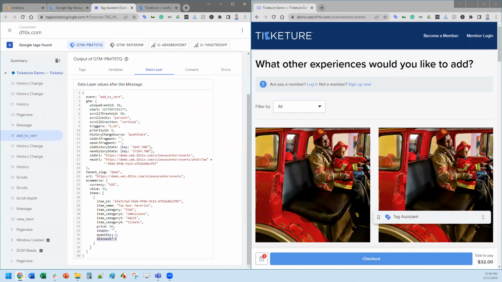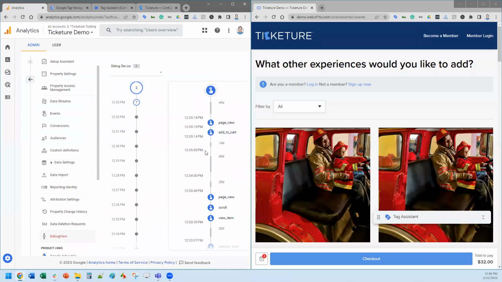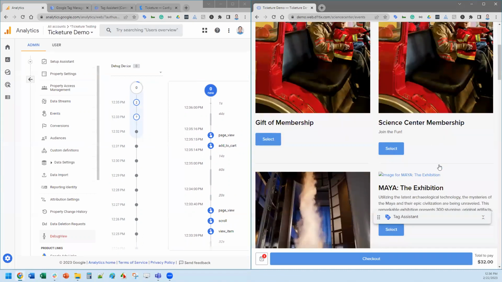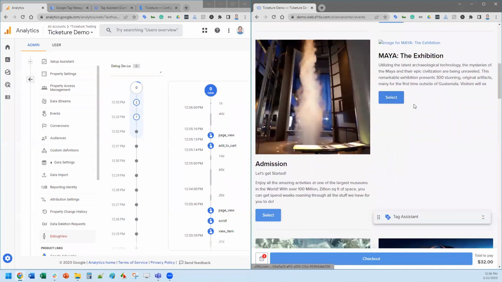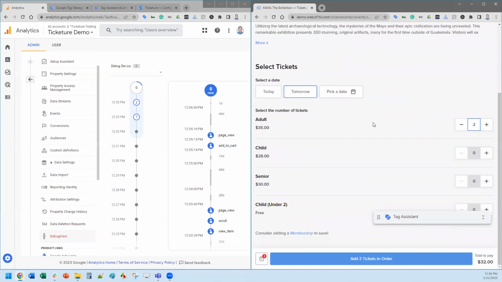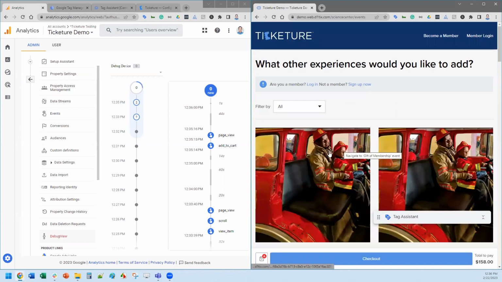What was my quantity? Did they apply a coupon? Was there a discount applied? What was the price, etc. So all of that is looking great. And then again, you can see the add to cart event being fired here, and it just kind of keeps on playing through as you go through that whole process. So I'll add in one more item. Say I want to go tomorrow, 2 adults, 2 kids, sure. Threw those in the basket as well.